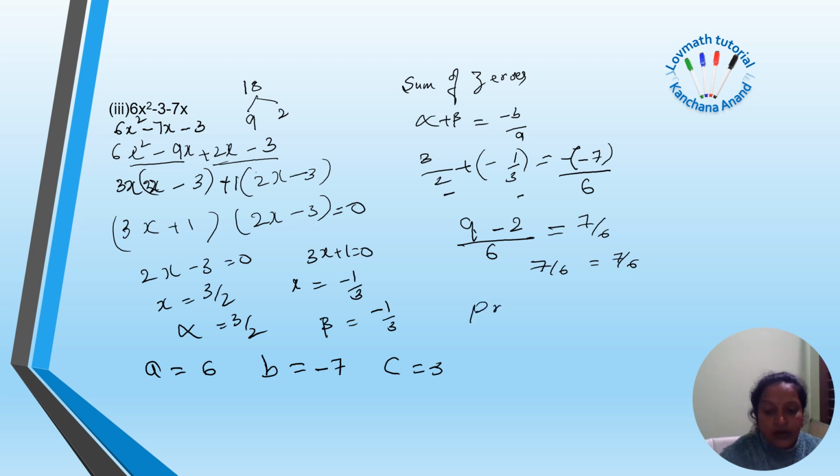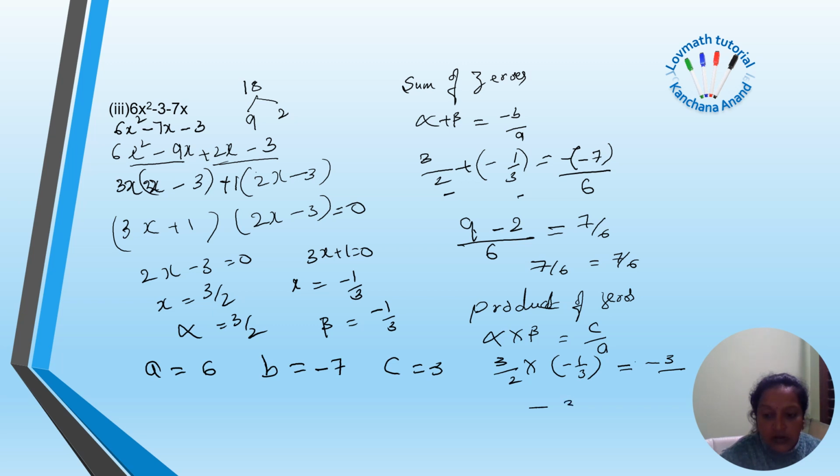Now let us find the product of zeros. So therefore alpha into beta is equal to c by a. Alpha is 3 by 2 and beta is minus 1 by 3. C is minus 3 and a is 6. So this becomes